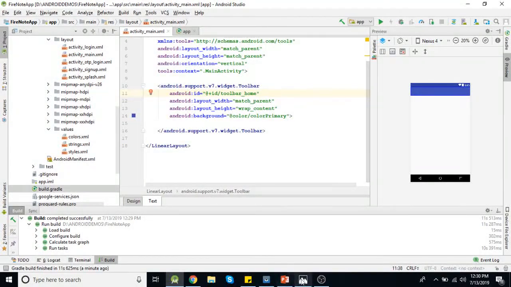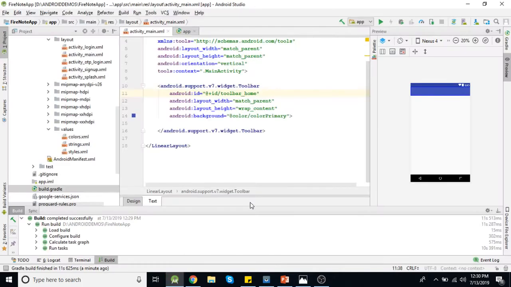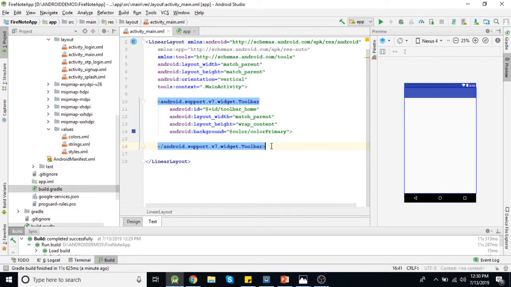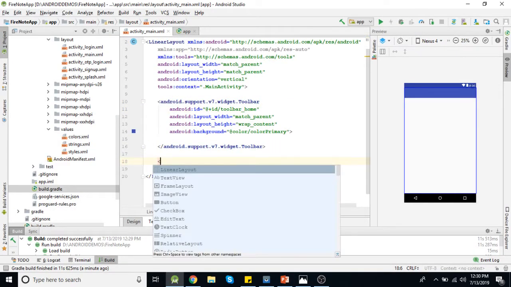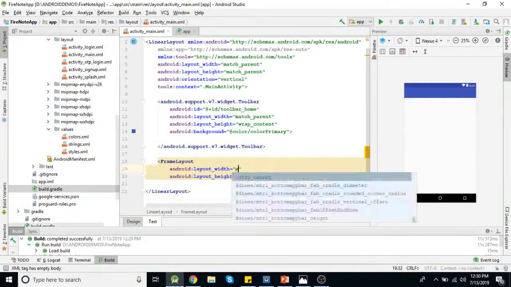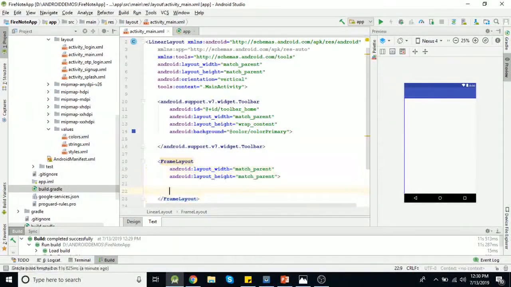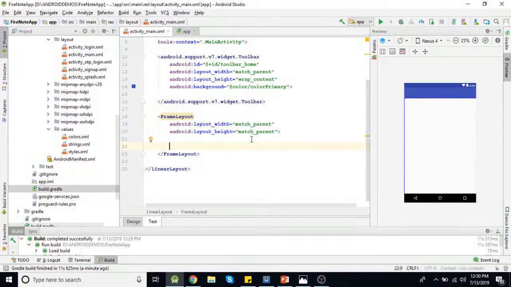Then below, if you check this design here, we need to add this floating action button and one text view. So first I am taking one frame layout. Height and width will be match parent. Then in that frame layout, we need to add one text view.